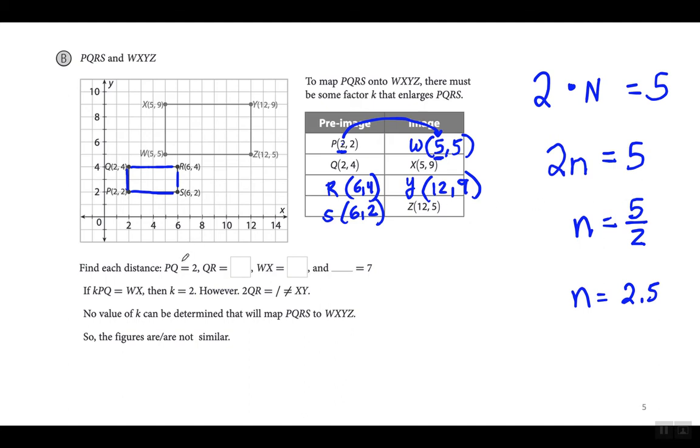All right, so find each distance. PQ equals 2, QR, where's QR? QR is 4, WX is 4, and what equals 7? It has to be XY, I guess. 1, 2, 3, 4, 5. Yeah, so XY is 7, just making sure I counted right. Okay, so if K times PQ equals WX, yeah, they make this sound kind of complicated, but then K equals 2. However,